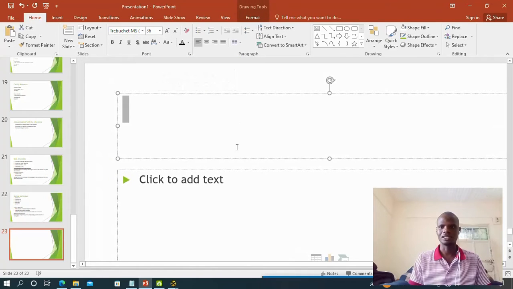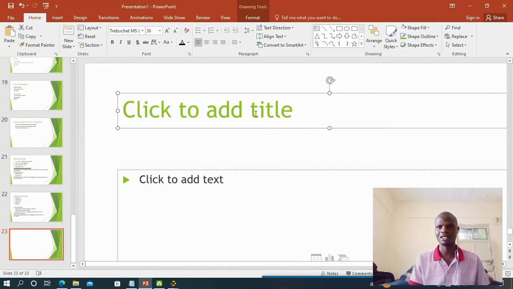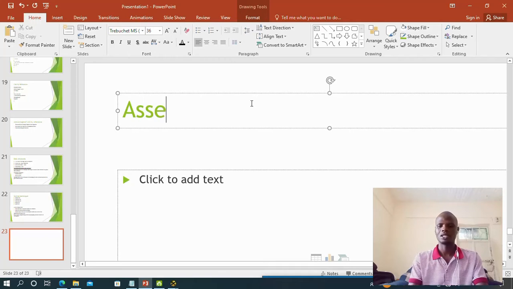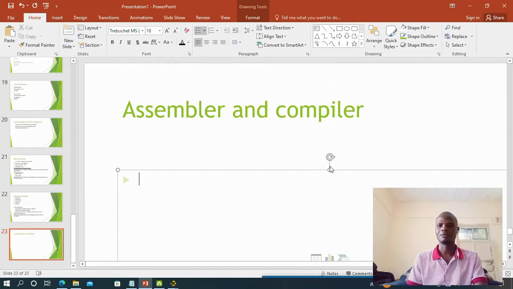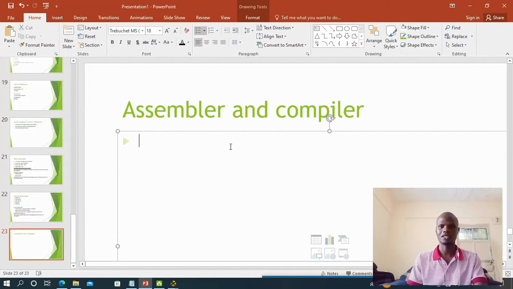In a new slide. So the difference between assembler and what? Assembler and compiler. The difference between assembler and compiler. So what are they? I just give you the answer, then read more about this concept on our website. So the assembler